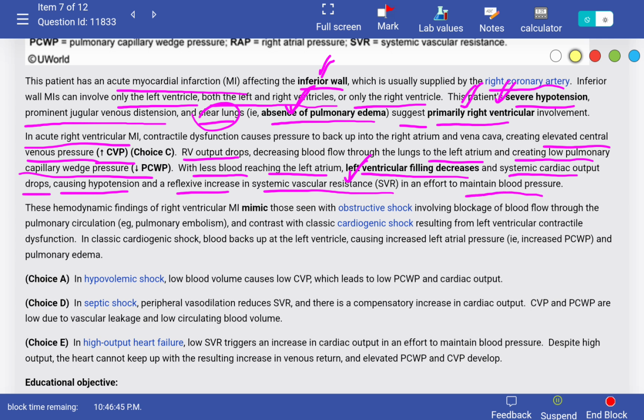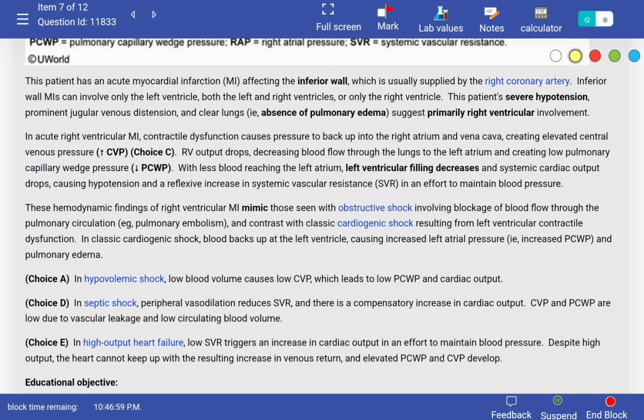Okay, these hemodynamic findings of right ventricular MI mimic those seen with obstructive shock, right? Involving blockage of blood flow through the pulmonary circulation, for example in case of pulmonary embolism, and contrast with the classic cardiogenic shock resulting from left ventricular contractile dysfunction. In that case, both the pressures, the pulmonary capillary wedge pressure and the central venous pressure, would be